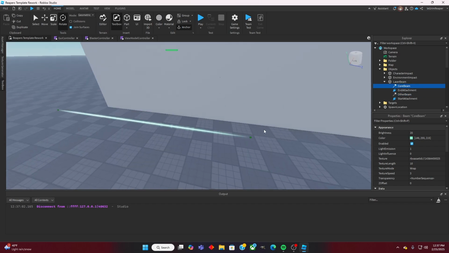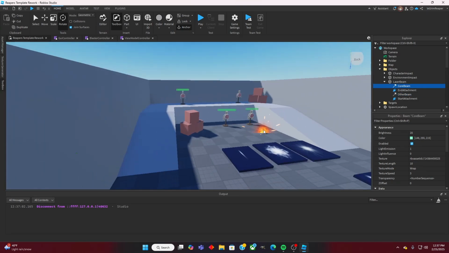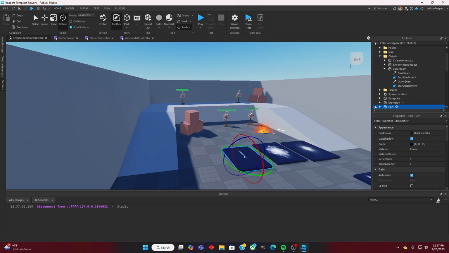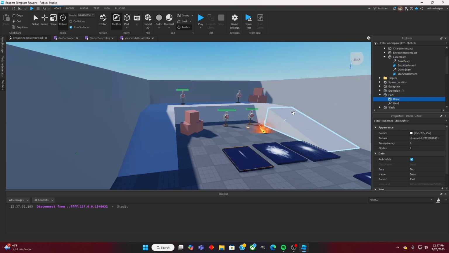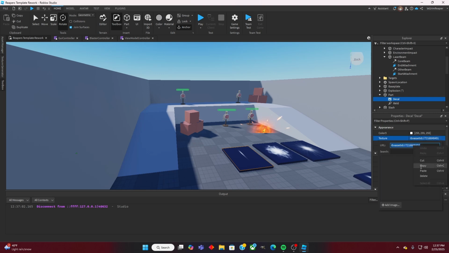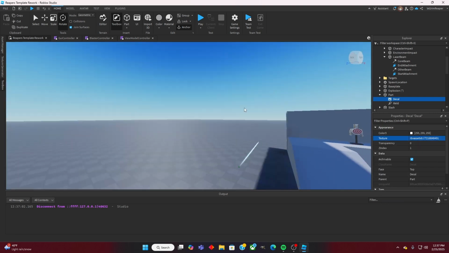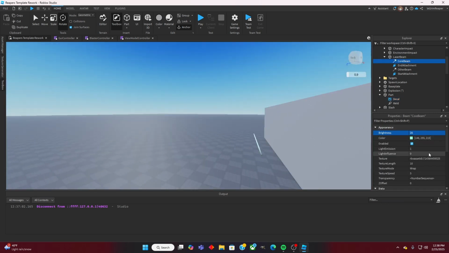Now for the core beam, we're gonna change the texture to this. So we'll just do just like the flash. We'll just copy our texture. We'll go into our core, paste this in,